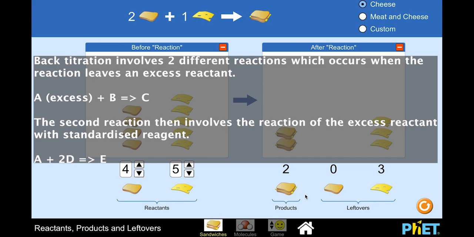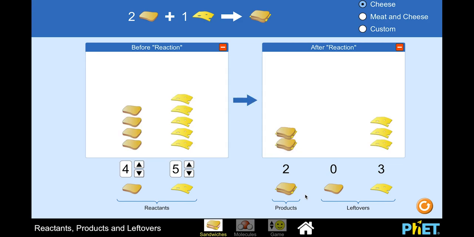So back titration involves two different reactions, which occurs when the first reaction leaves an excess reactant. The second reaction then involves the reaction of the excess reactant with the standardized reagent. So, for example,